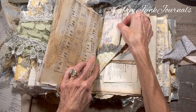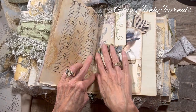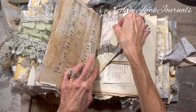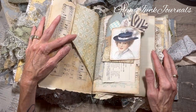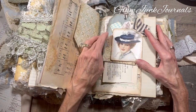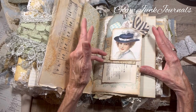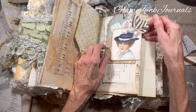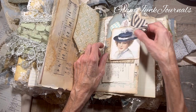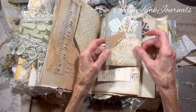And then there is another, this is a fold up pocket right there, and added a little tag there. And here is another one of my collage pages, and I just thought she was so pretty because of the blues, and I had to put her in there. She's got blues and grays in her hat,